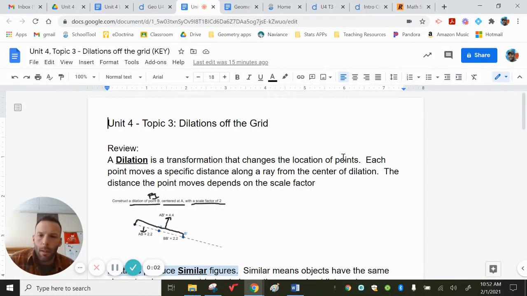Hey everybody, let's talk about dilations off the grid. So remember, a dilation is a transformation that changes the location of a point. It doesn't make points bigger and smaller, it just changes their location, because each point is going to move a specific distance, along some ray or some line from the center of the dilation, and it moves depending on